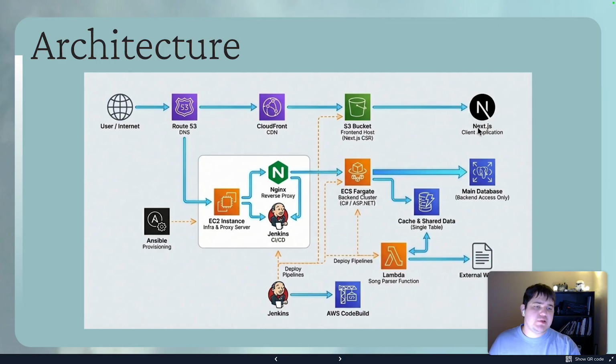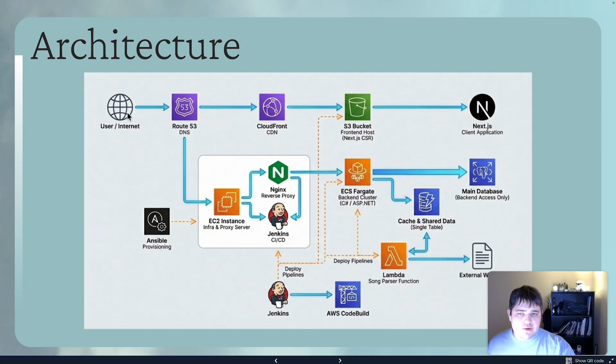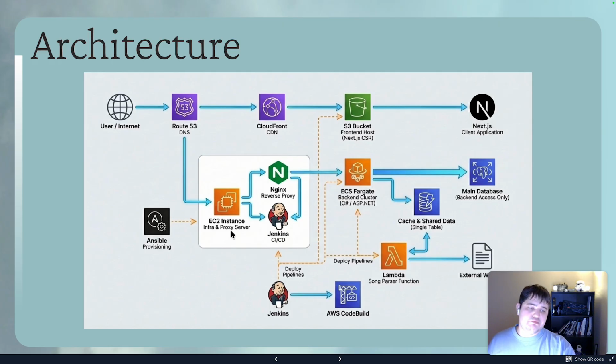It's a Next.js application, deployed to an S3 bucket, and then distributed via CloudFront. When the client uses the Next.js application, it makes requests to our backend service. Of course, it goes through the Route 53 DNS service, and then it's supposed to be an application load balancer, but in my case that was a little out of budget, so I decided on just a simple EC2 instance, and it runs